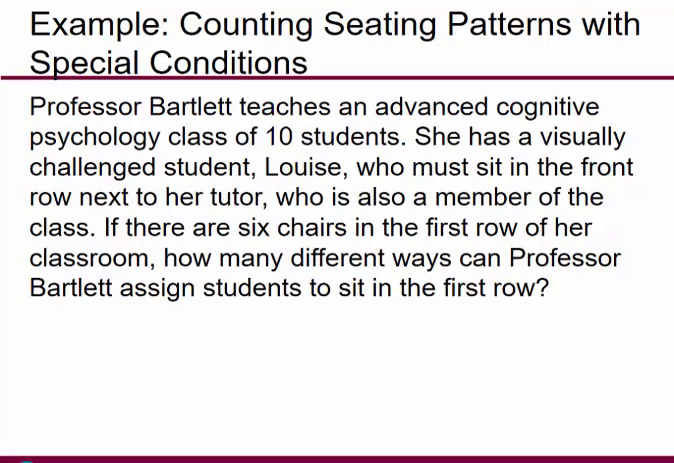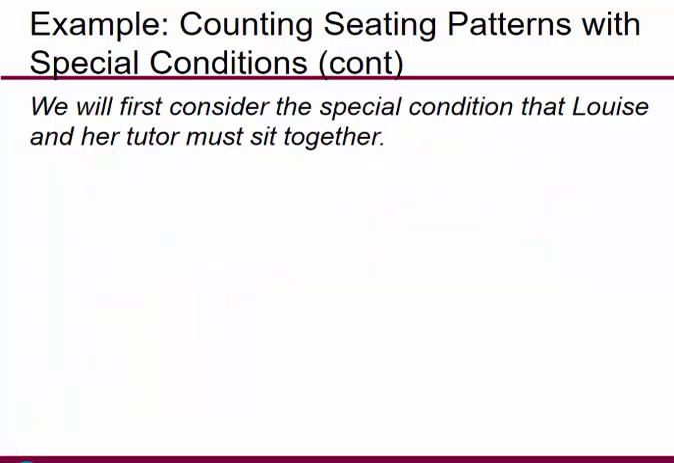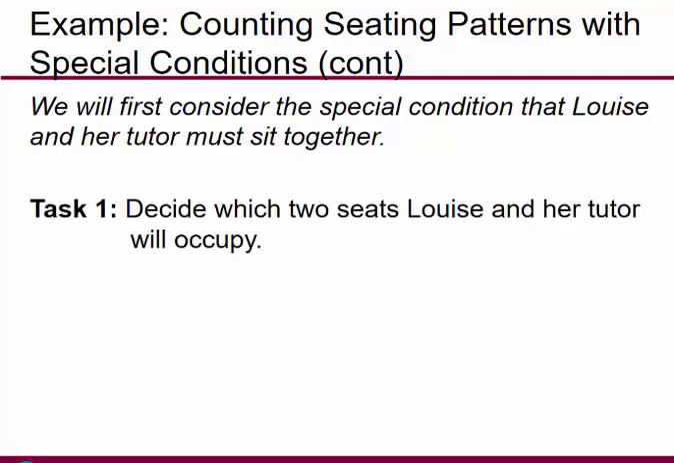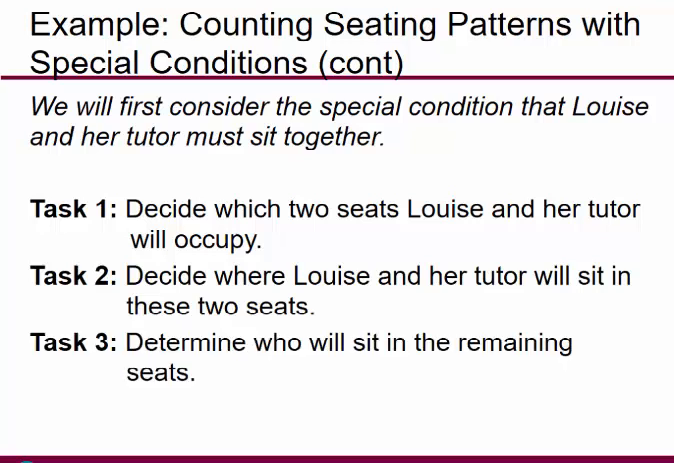So here's another example. Professor Bartlett teaches an advanced cognitive psychology class of 10 students. She has a visually challenged student, Louise, who must sit in the front row next to her tutor, who's also a member of the class. If there are 6 chairs in the first row of her classroom, how many different ways can Professor Bartlett assign students to sit in the first row? In order to use the fundamental counting principle, we must identify the separate tasks in determining the seating. We will first consider the special condition that Louise and her tutor must sit together. The first task: decide which 2 seats Louise and her tutor will occupy. Then decide where Louise and her tutor will sit in these 2 seats, and then determine who will sit in the